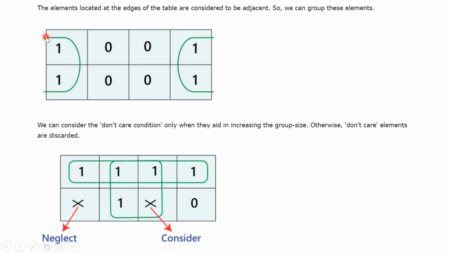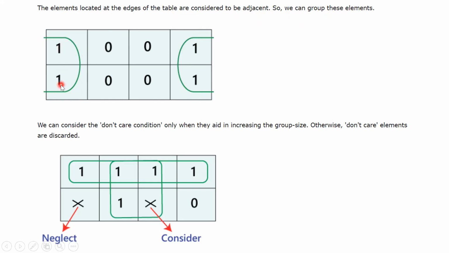So this has been kept open ended. So ये एक group है, ये एक group. If you close the table, एक circle हो जाएगा ना. Suppose this is a paper you have written and you fold that paper. So this cell and this cell will join. Yes. So that's why we have made a group of 4 ones.